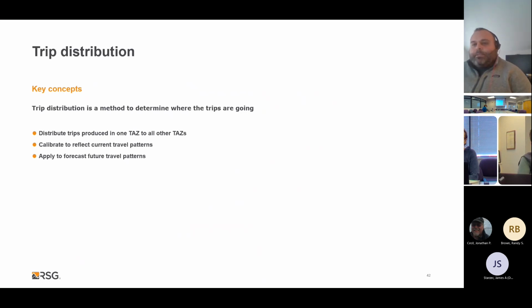So in this case, cost impedance is just the distance you are away from something. So the basics of a trip distribution model work essentially by saying that if you are really close to something, you're more likely to travel to it. And if you are really far away from something, then you are least likely to travel to it. And that's the simplistic determination of trip distribution.